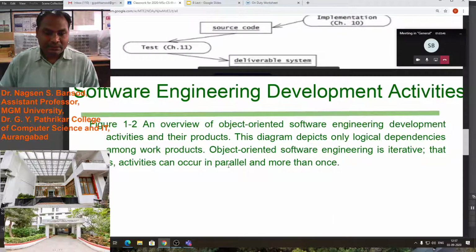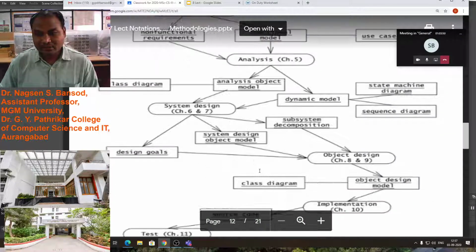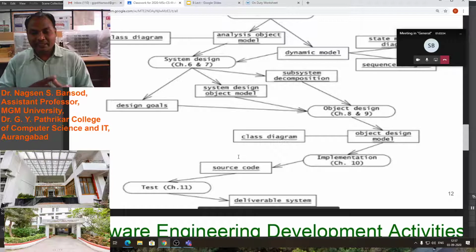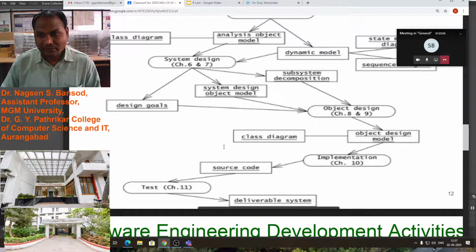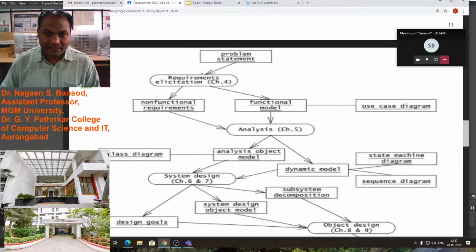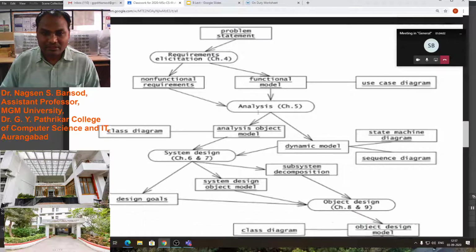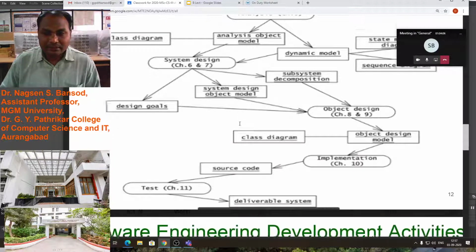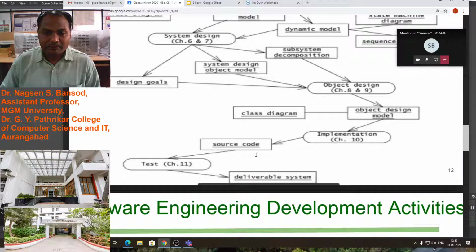In this lecture we covered the development activities: system design, object design, implementation and testing. You have to keep in mind all these things: problem, requirement, functional analysis, then design, implementation and testing.